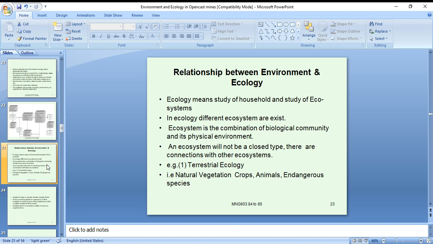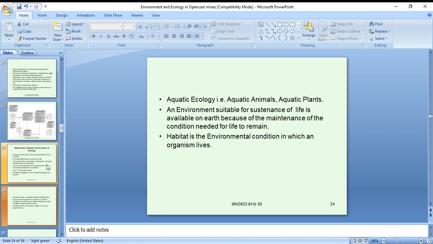It may be terrestrial ecology: natural vegetation, crops, animals, endangered species. Aquatic ecology: aquatic animals, aquatic plants. An environment suitable for the sustenance of life is available on earth because of the maintenance of the conditions needed for life to remain.